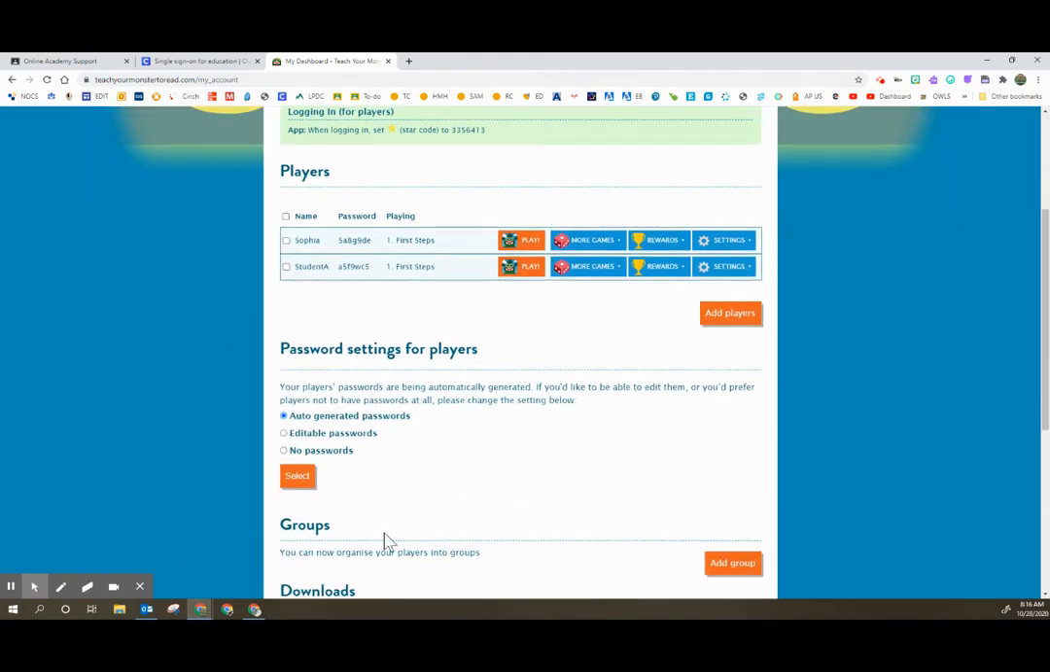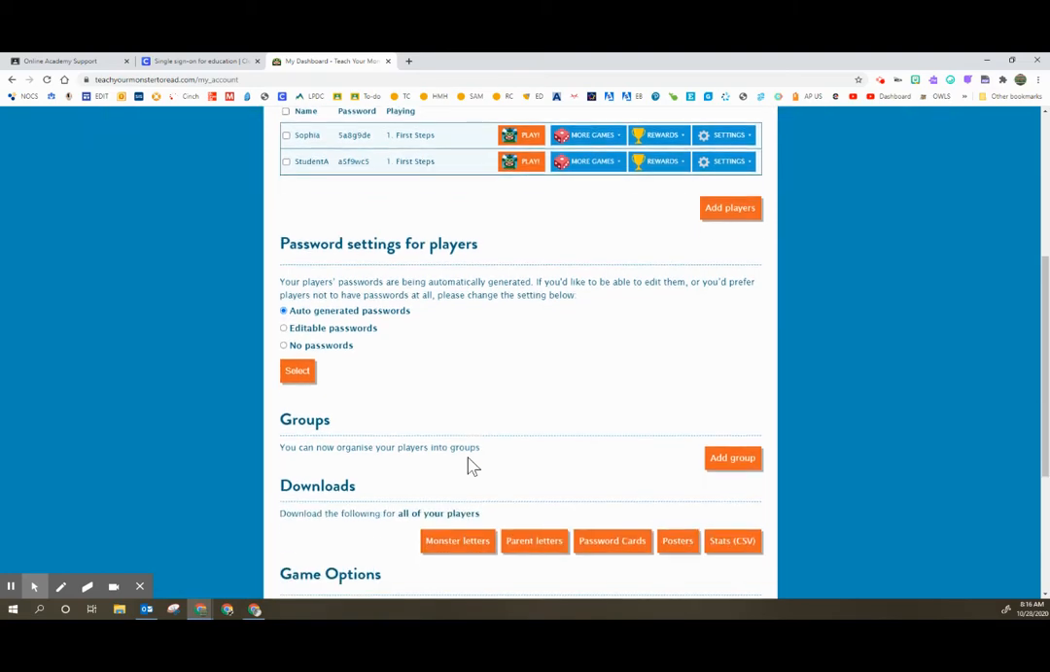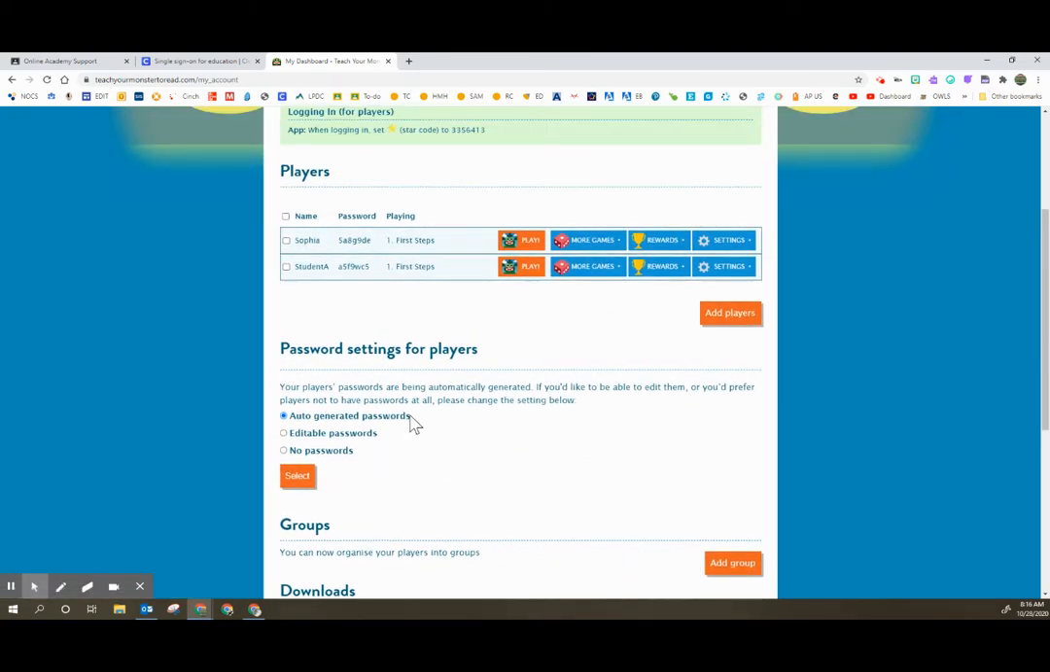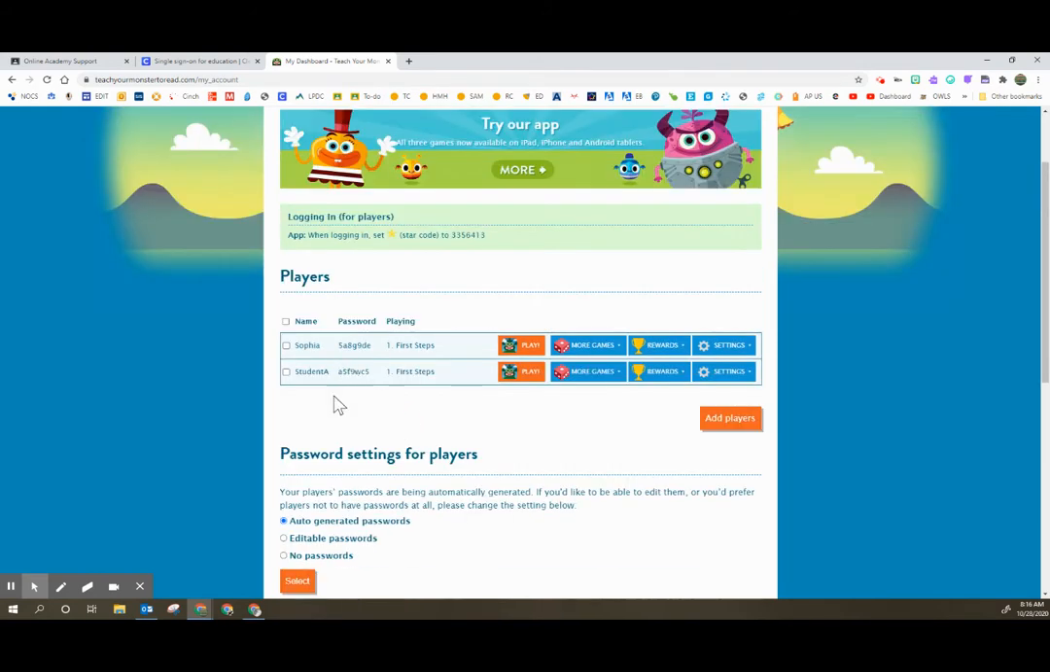Here's the really important part. You want to leave this on auto-generated passwords. And I know it sounds like that would be then more difficult for students, but this is how we make the Clever easy access work for Teacher Monster to Read. So set up all of your students, leave on these crazy passwords, and then we're going to head into our